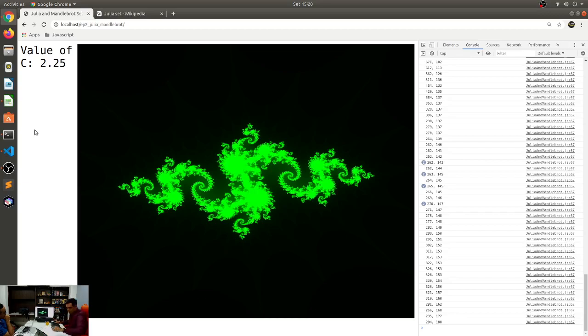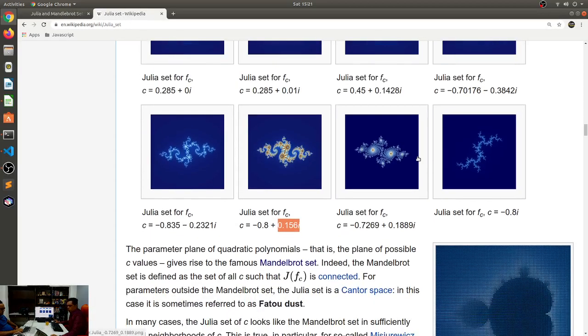What did I do? Alright, meanwhile you can just admire the beauty of the Julia set. It creates more and more complex patterns.